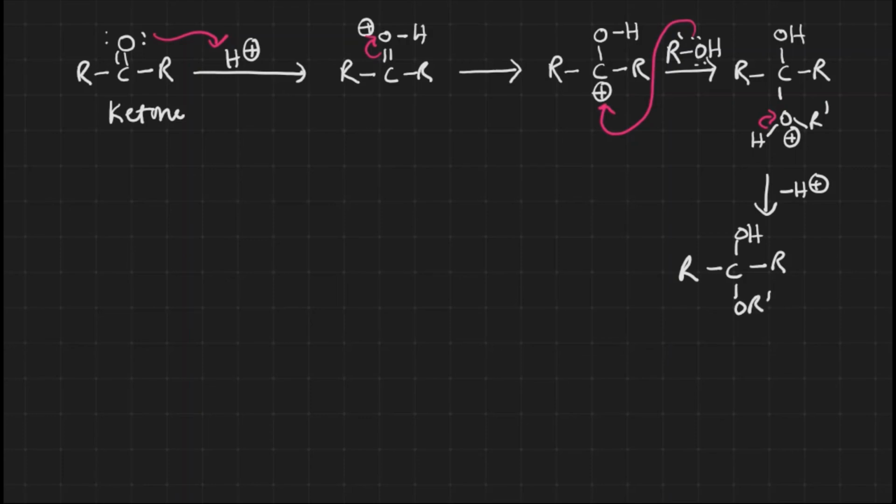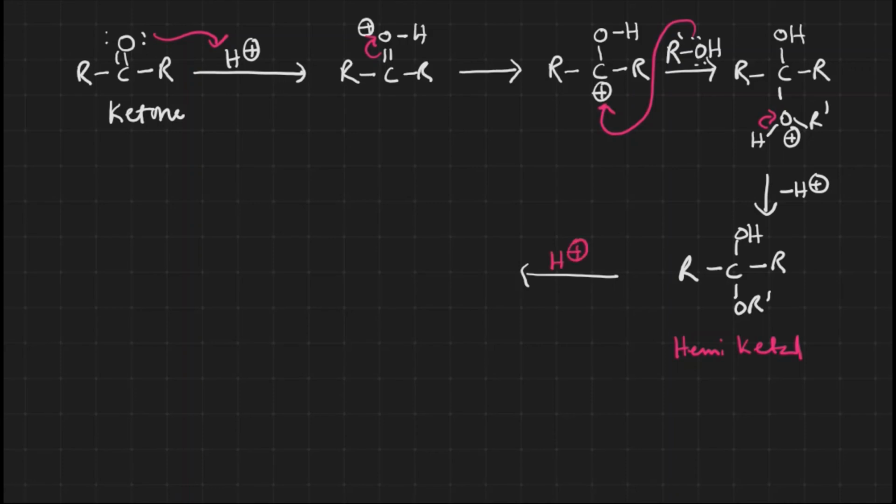Now what is the name of this particular thing? We have already discussed it earlier. Now it is coming from the ketone. In the first step, after addition of alcohol, what we get has OH. OH means what do we have to remember? Hemi. It is coming from ketone, so it is hemiketal. If it was coming from an aldehyde, what do we have to remember? That is hemiacetal.